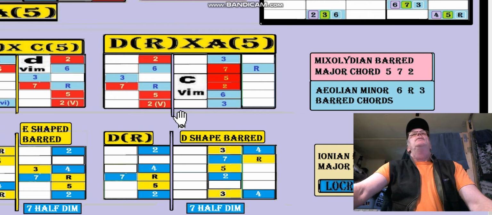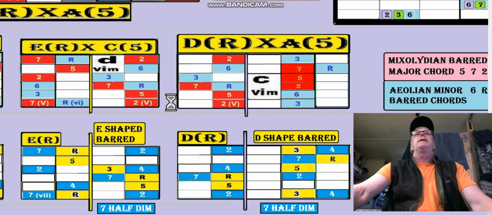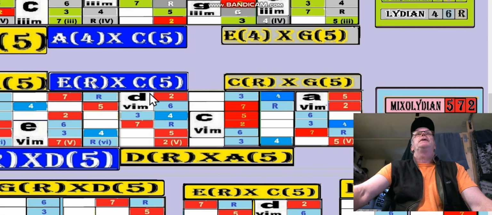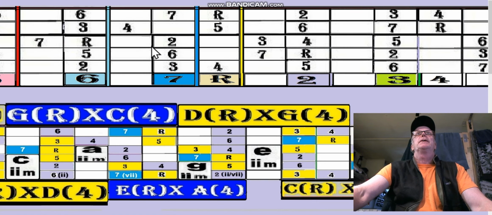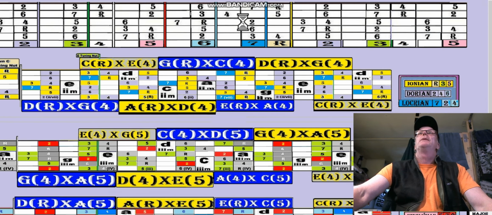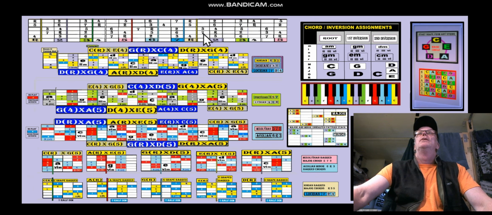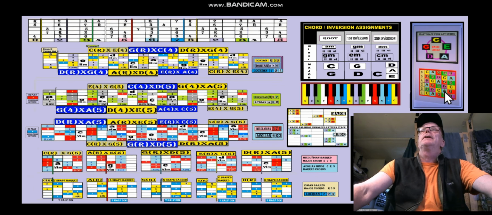So, but what makes this chart very useful is we have everything we had up here. Okay, let's zoom out a minute. We've got the magic circle here. We've got the chord inversion assignments here. Easiest one would be a major G,